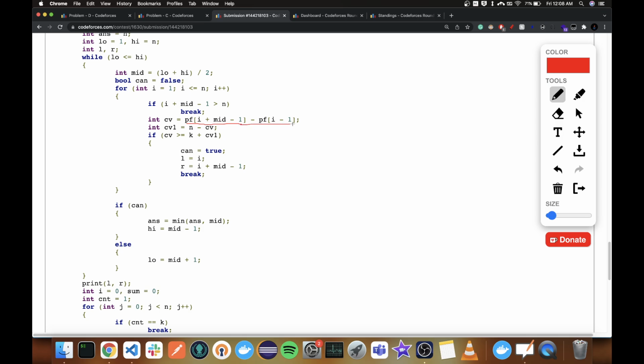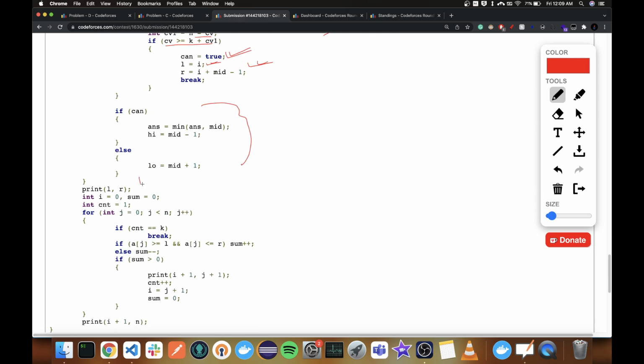So CV is just f, which I had written, and CV1 is just n minus that. And as you can see, if this equation is satisfied, then I can do it. I set whatever my L and R are, and I break out of this loop, and then I continue the binary search. And once binary search is over, I have the L and R,